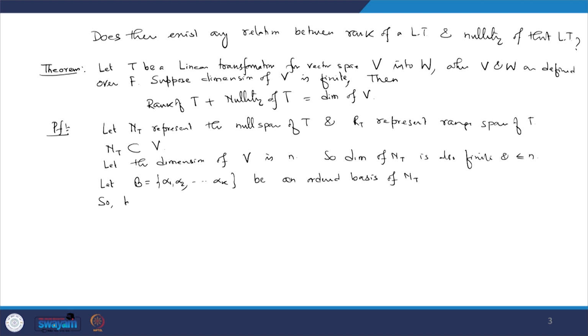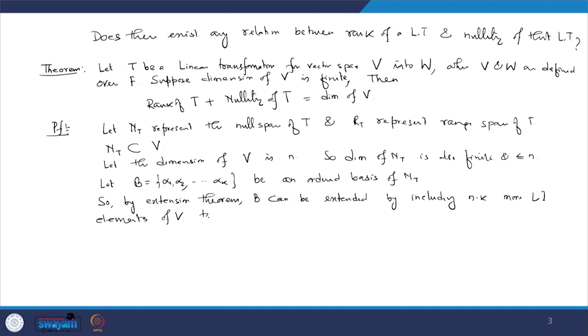So, by the extension theorem, B can be extended by including n minus k more linearly independent elements of V to be a basis of capital V. So, let me consider B star, which consists of alpha 1, alpha 2, ..., alpha k, alpha k plus 1, ..., alpha n, be an ordered basis